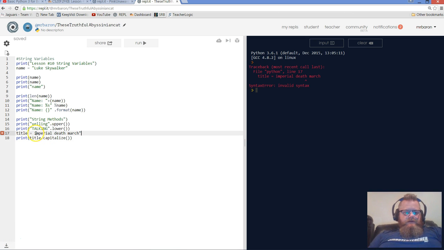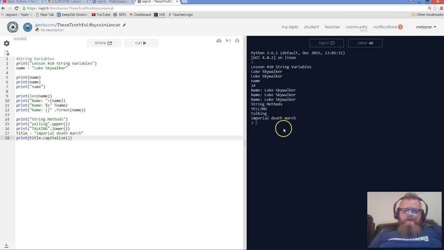Let's go up here and add in my quotations so that it knows it's a string variable. And then I use print title.capitalize method. And we'll run that. And if you can see here now, the method capitalize has capitalized the first letter of the first word of